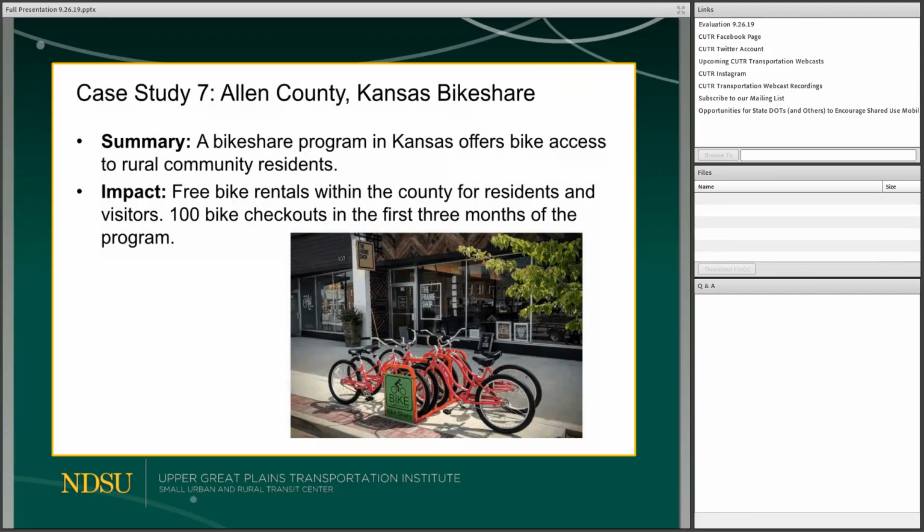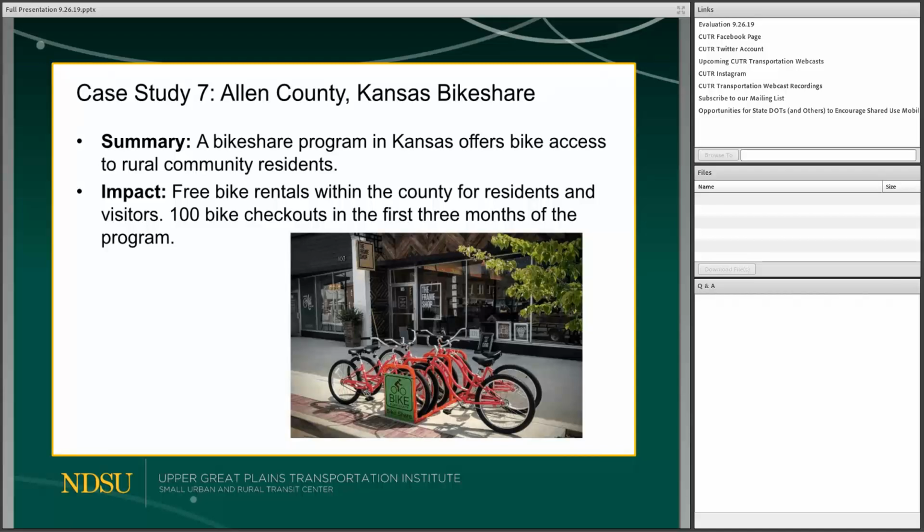The case study that we have conducted on bike sharing is Allen County Bike Share, where we specifically studied a library model of bike sharing. And talking about bike sharing, they have gained much popularity in the latest decade in the US. While dock bike sharing systems have been sustained for many years in large cities, their cost is likely out of reach for rural communities. Costs associated with bike sharing include station costs, support staff, and such. And if you look at just the cost of a bike in a bike share system, it is anywhere between $3,000 to $5,000.